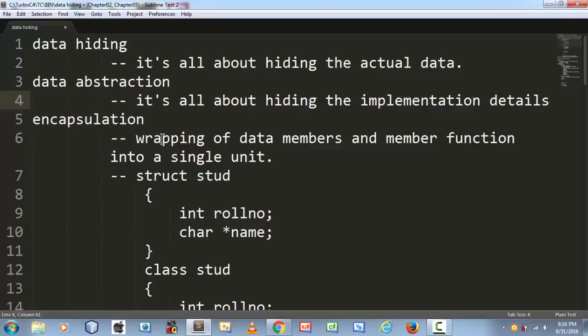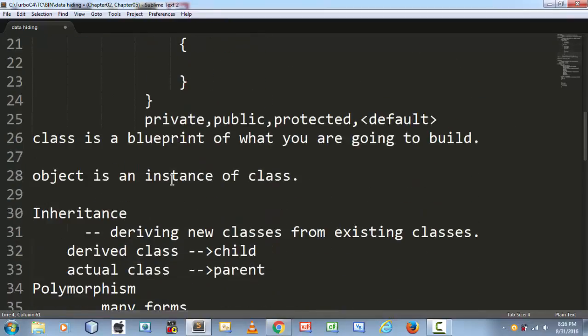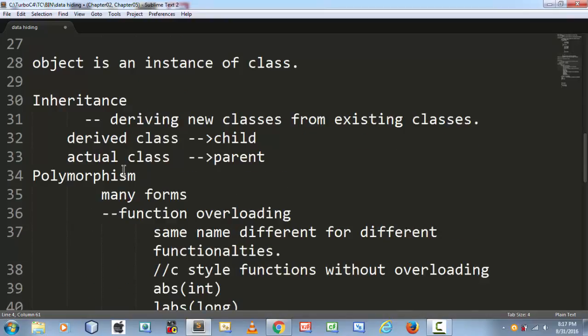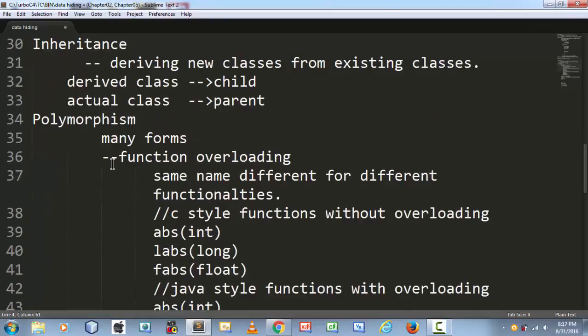We also have inheritance, class and object. Class is a blueprint, and is also an example of encapsulation. An object is an instance of a class. Inheritance is a very important OOP feature which gives the programmer the ability to derive classes from existing classes, or create new classes from existing classes. We also have polymorphism, which is achieved in 2 forms: function overloading and